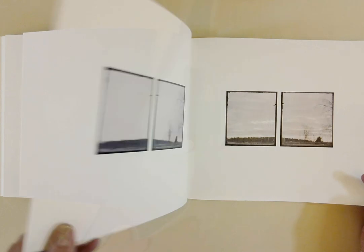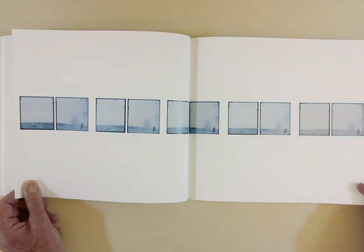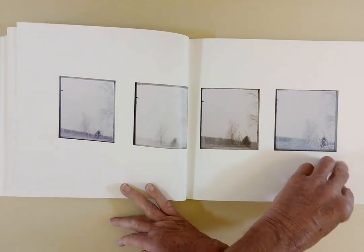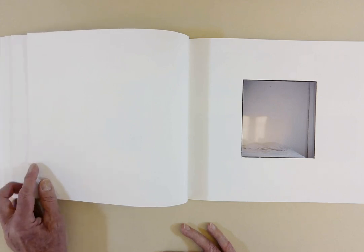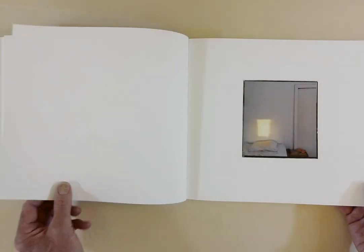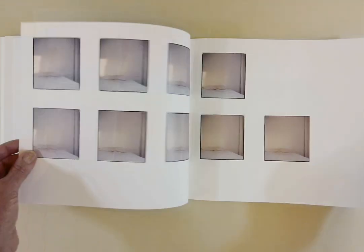Simple juxtaposition of two images against white. Simple juxtaposition of facing pages of two images each. Expanded yet again. Reversed. Reversed again. So there's a beautiful rhythm to this book, which is immediately apparent in the very first few pages. And that would be enough for me to do a discussion with students about sequencing and book design right there. But it continues on